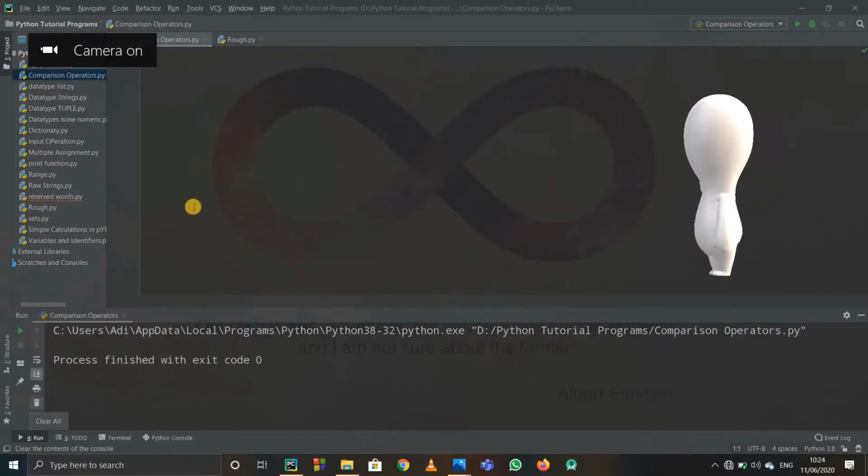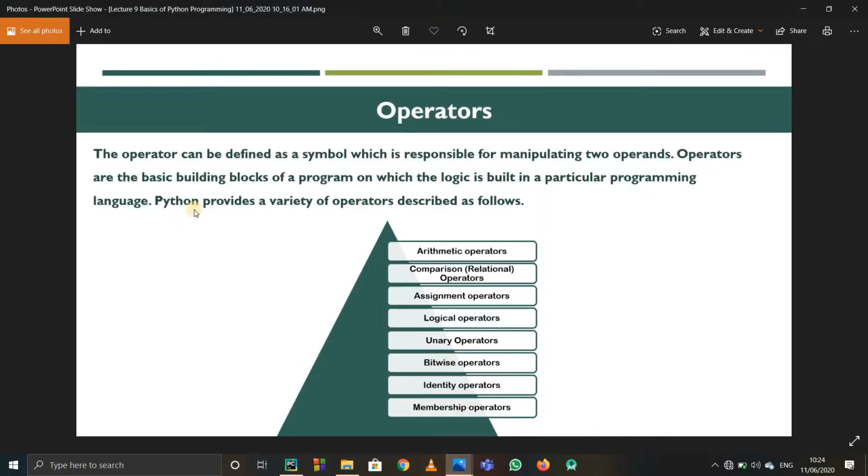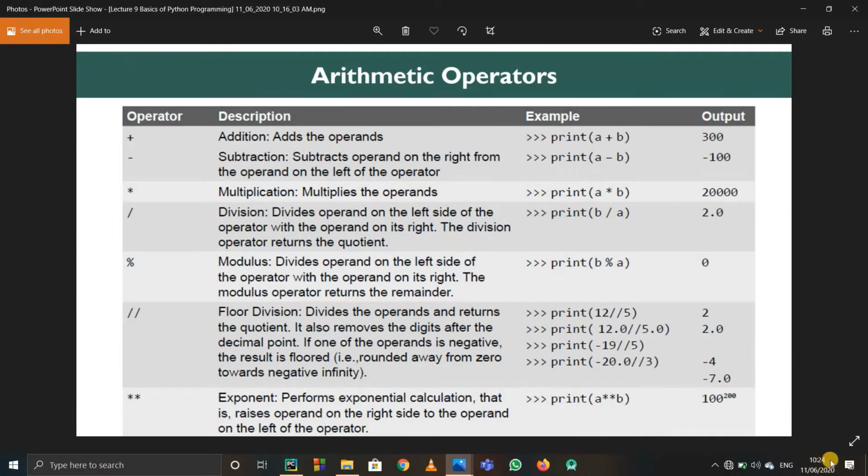This is the 18th tutorial of the Python programming series. Now we're going to see what operators are in Python. We actually saw what operators are, but there are many types of operators like arithmetic, comparison, assignment, logical, unary, bitwise, additive, membership. Okay, that many. But we saw what arithmetic operators are, so I don't want to waste time on it. You can just pause the video and read these examples yourself, but they're really easy. We saw them first only.